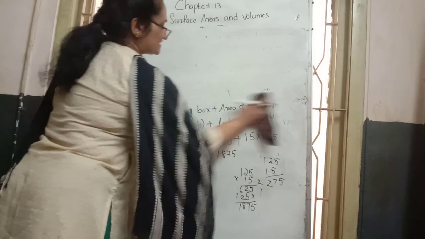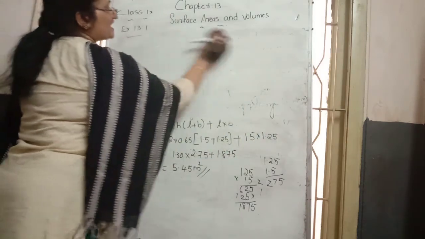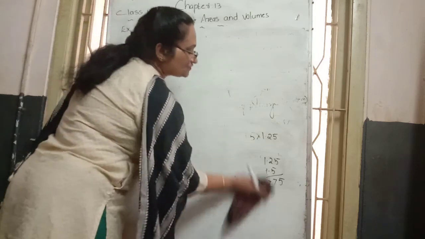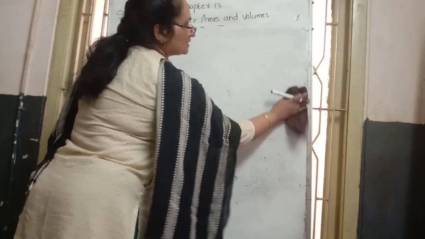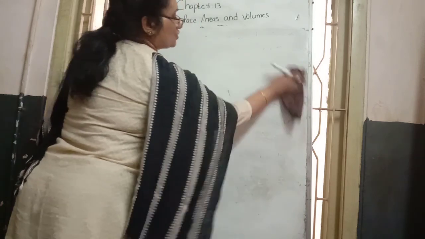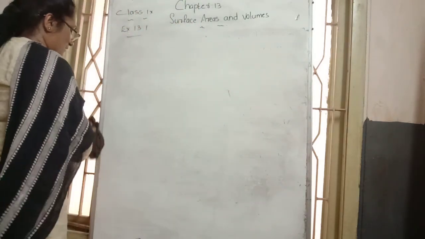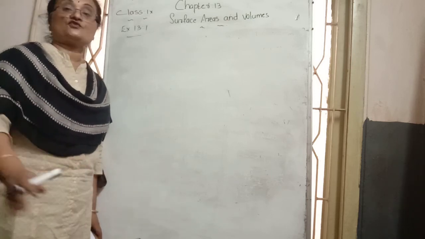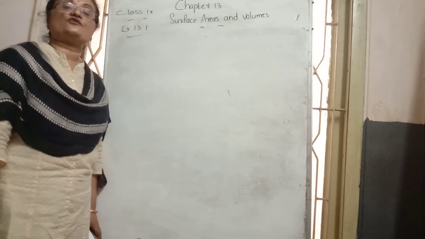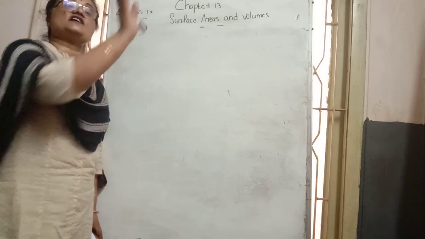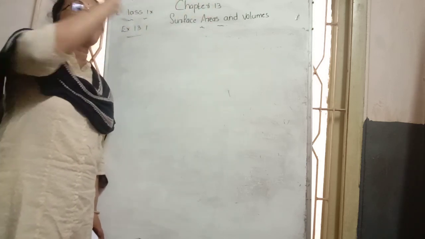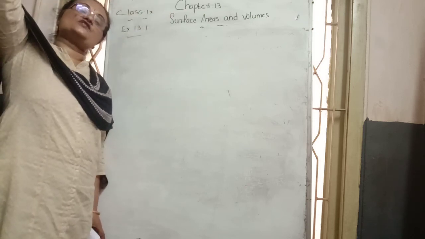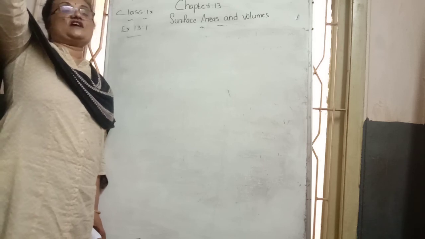Next we go through the second question. In the second question, a room is given. The room's length, breadth, and height are given there, and they say that the room is going to be whitewashed or painted. How much amount is spent for whitewashing? Where are they whitewashing? The floor is not whitewashed, that's why we removed the floor. We consider the 4 walls, and the 4 walls are whitewashed and the ceiling is also whitewashed. In total, how many faces? 5 faces are there.